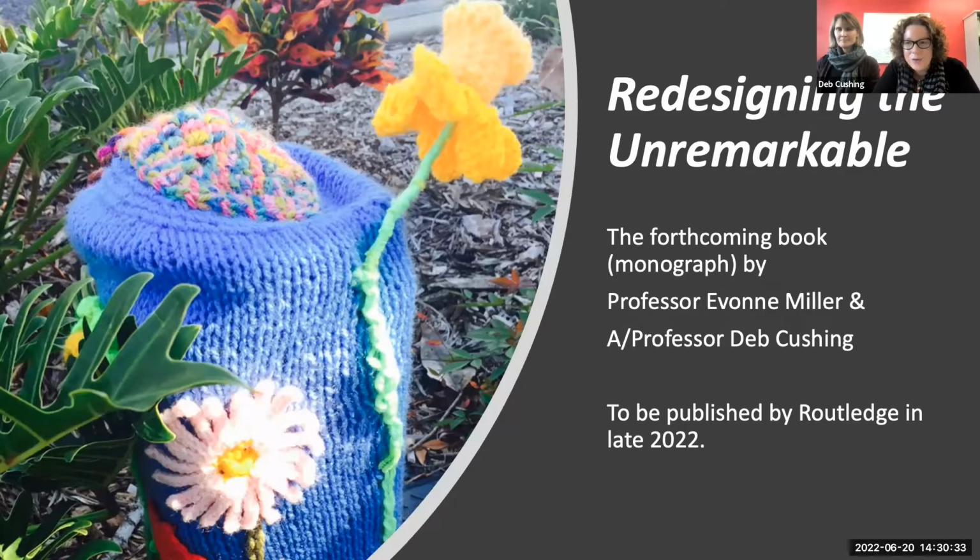And to kick us off today, it's of course myself, Professor Yvonne Miller, Director of the QUT Design Lab, and my wonderful colleague, Associate Professor Deb Cushing, and we're talking about a book that we're under deadline to write and finish very quickly. We're nearly finished. We've got 6 weeks left to write it. It's a follow-up from a previous book, Creating Great Places, and this book is about redesigning the unremarkable. And we're just going to talk through our thoughts and our ideas, and we welcome you to have a conversation